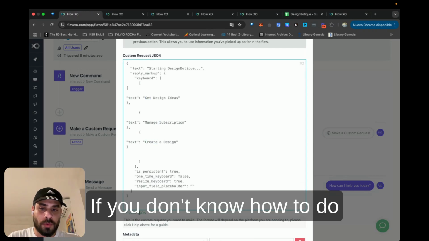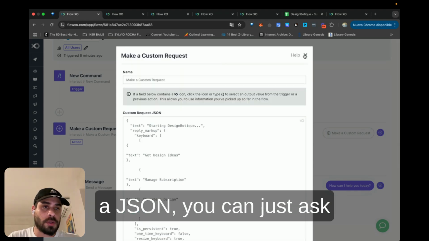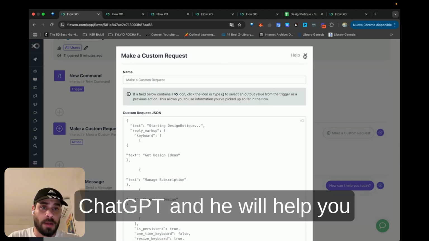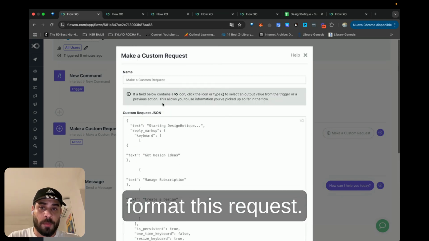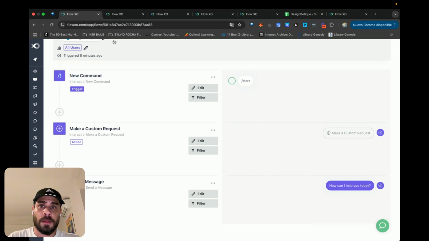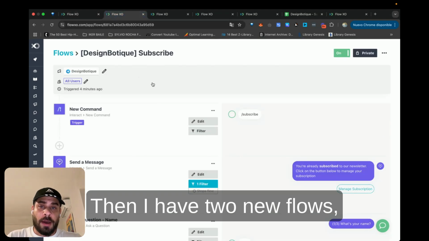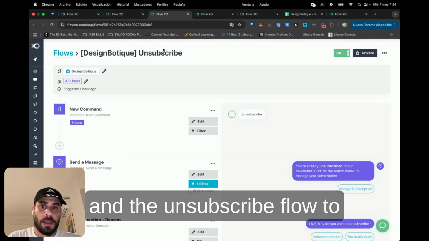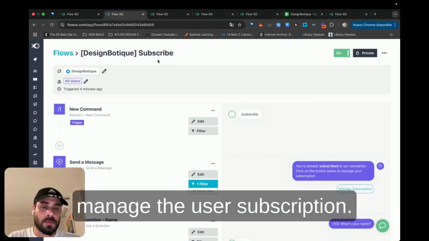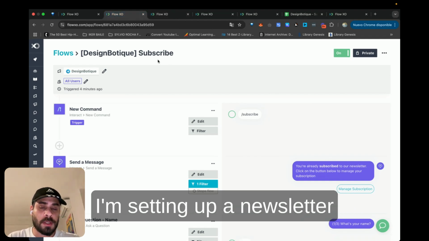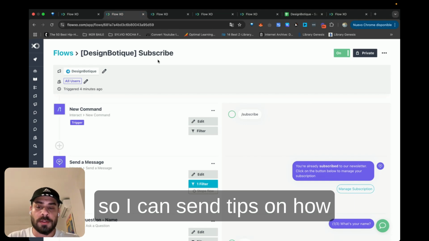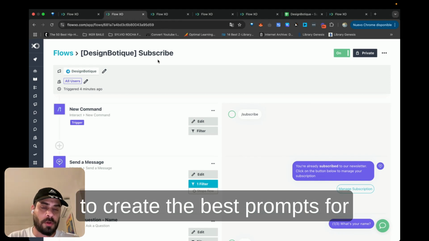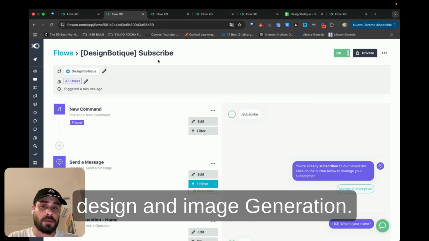If you don't know how to do a JSON, you can just ask ChatGPT and it will help you format this request. Then I have two new flows, which are the subscribe flow and the unsubscribe flow, to manage the user subscription. What I'm doing here is setting up a newsletter so I can send tips on how to create the best prompts for design and image generation.